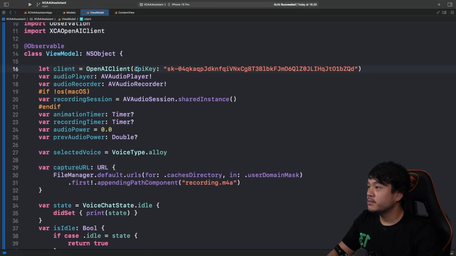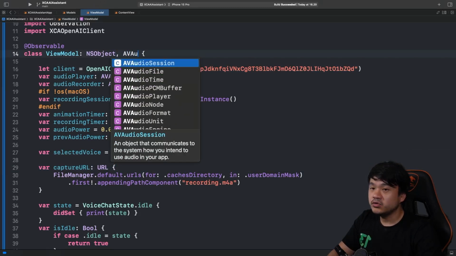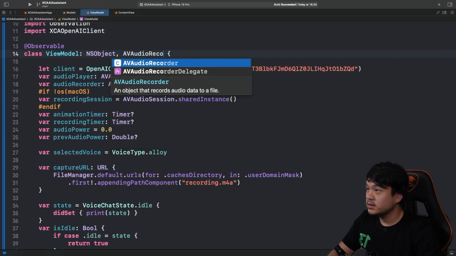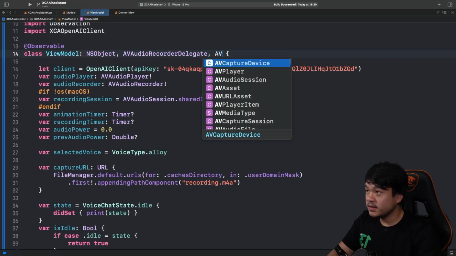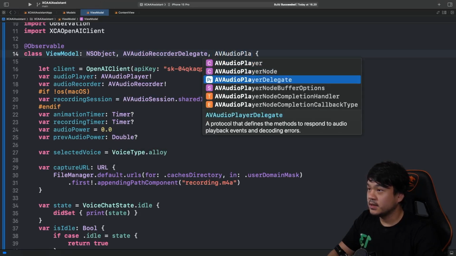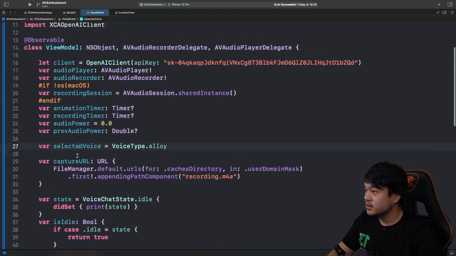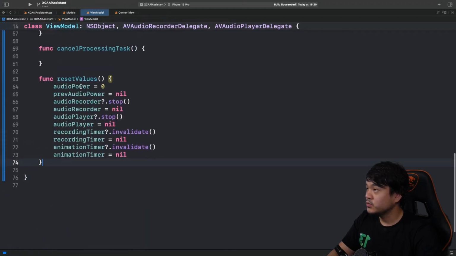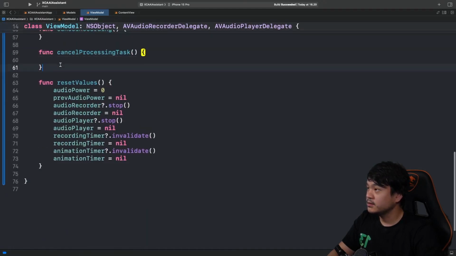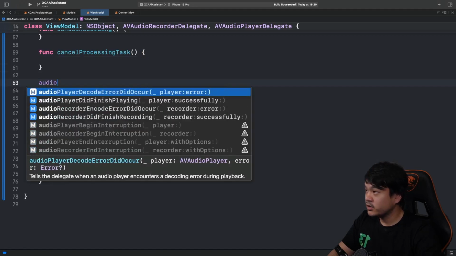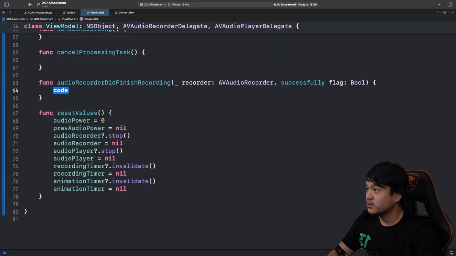And now let's make this view model conform to AVAudioRecorderDelegate and AVAudioPlayerDelegate. There are two methods that we need to implement in here. First one is audioRecorderDidFinishRecording.